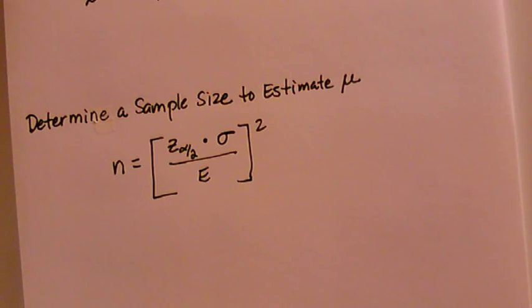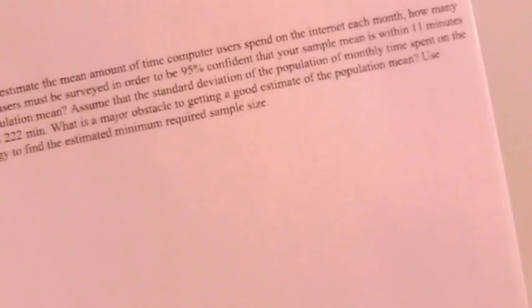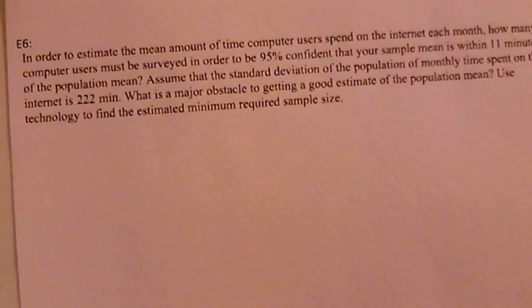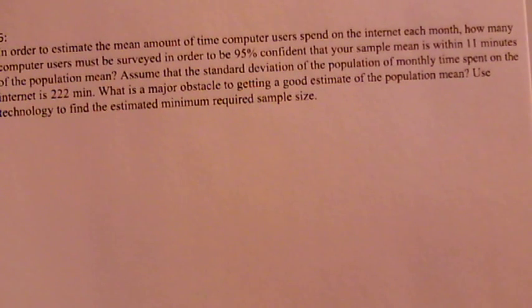So let's say in this particular situation here, in order to estimate the mean amount of time computer users spend on the internet each month, how many computer users must be surveyed in order to be 95% confident that your sample mean is within 11 minutes of the population mean? Assume that the standard deviation of the population of monthly time spent on the internet is 222 minutes. What is the major obstacle of getting a good estimate of the population mean? Okay, so in this case here,